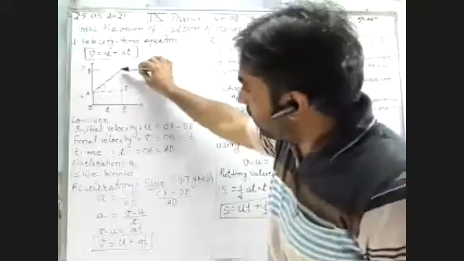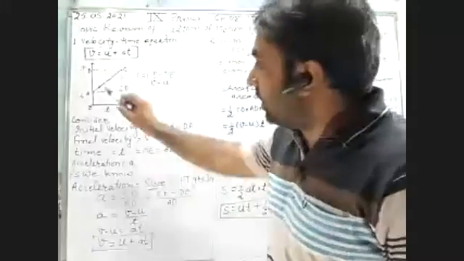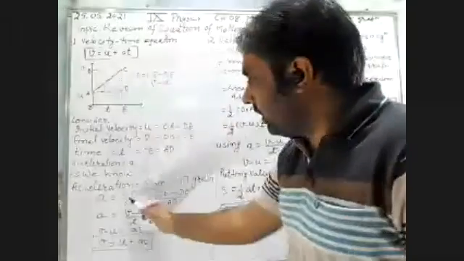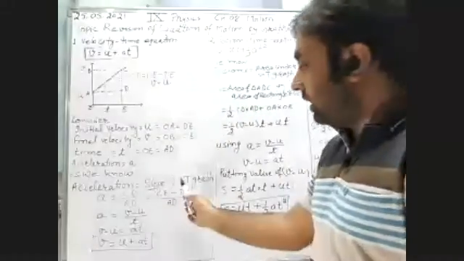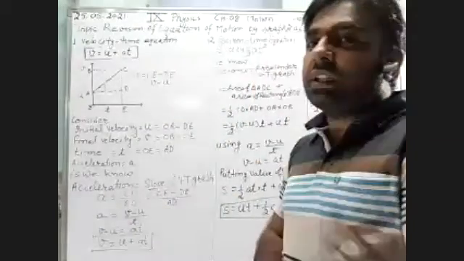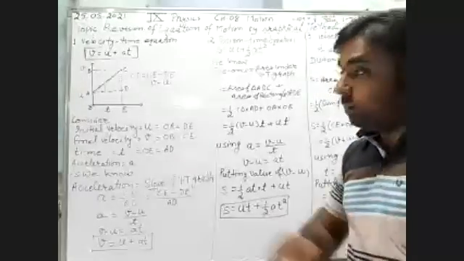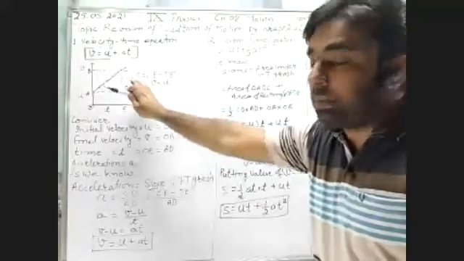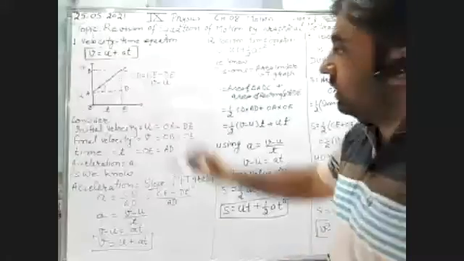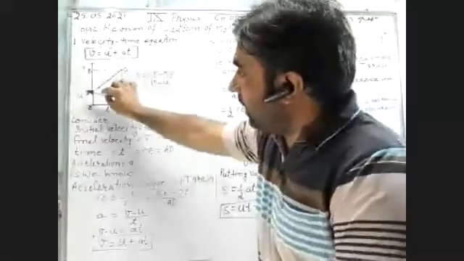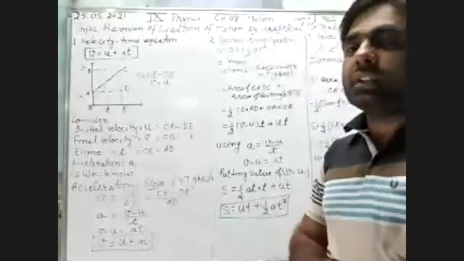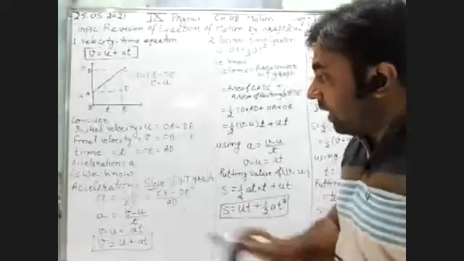So what is perpendicular? Perpendicular is CD. What is base? Base is AD. So CD divided by AD will be the slope, and this slope will represent the acceleration, because we know from the velocity time graph that the slope of a velocity time graph is acceleration, and base is AD, so CD divided by AD is acceleration.